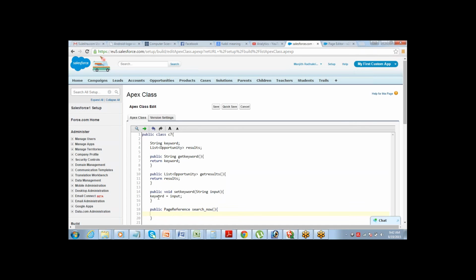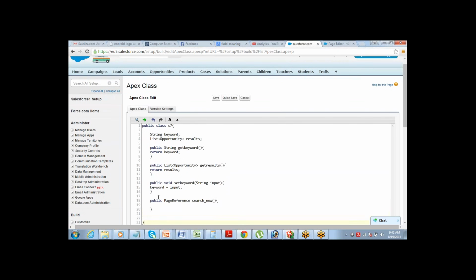This is where I have to define my query, and I should say return null. This page reference method should not go anywhere, it should stay on the same page, so I will just say return null, and you can define your search query here.